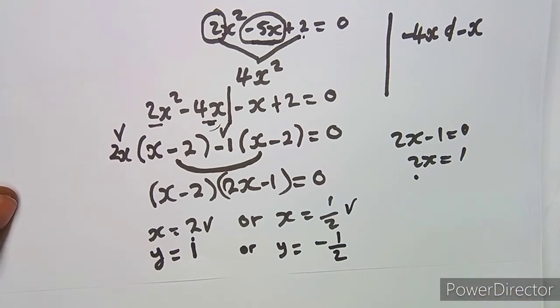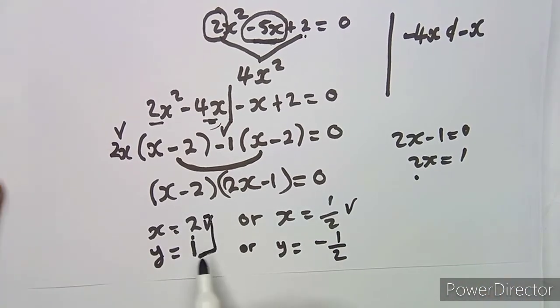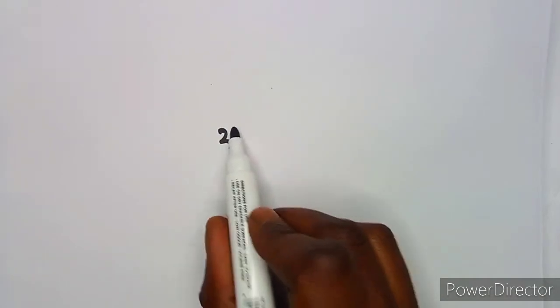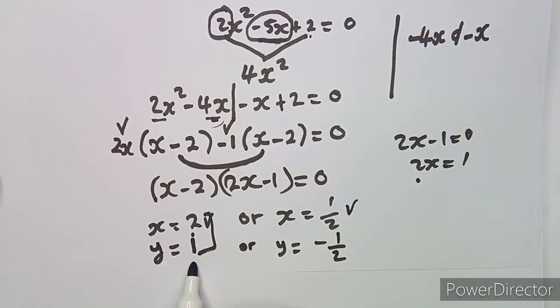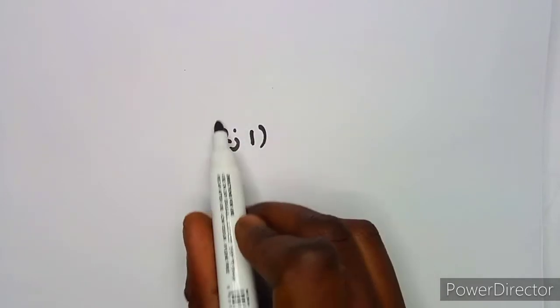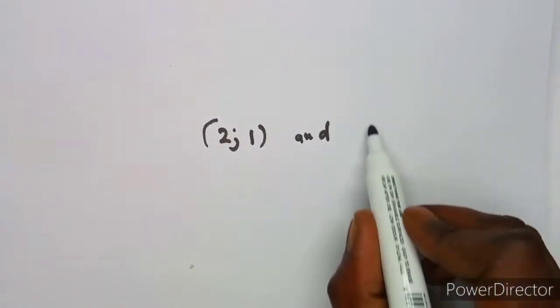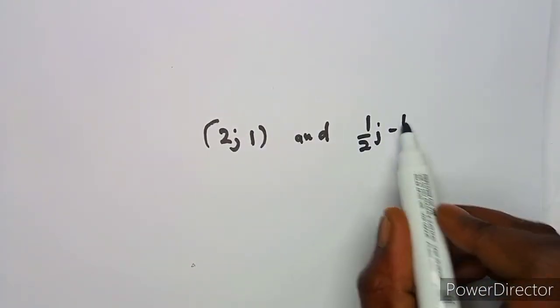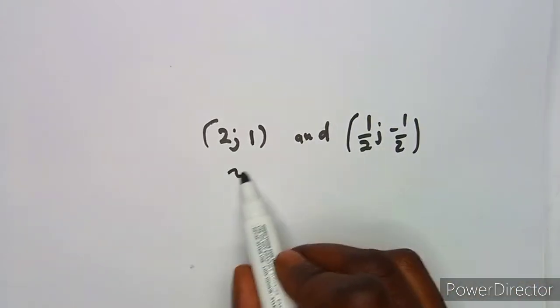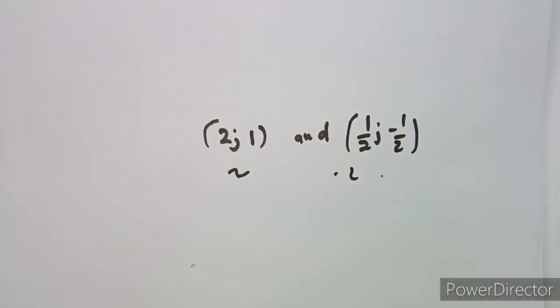So therefore, as a point, we are going to take the value of x and y, which is 2, and y is 1 at that point. So it's 2 and 1. And another point, when x is a half, our y is a minus half. So therefore, these are the 2 points of intersection that we are going to obtain from that question. So that's what we had. Let's see another question,